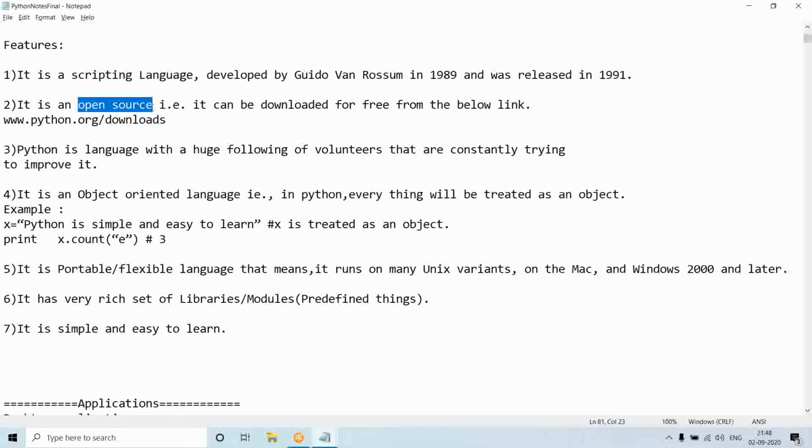If any software is available on the internet free of cost, then it is called open source. If Java software is available for free, then Java is called open source.